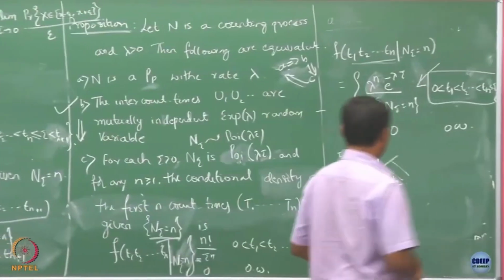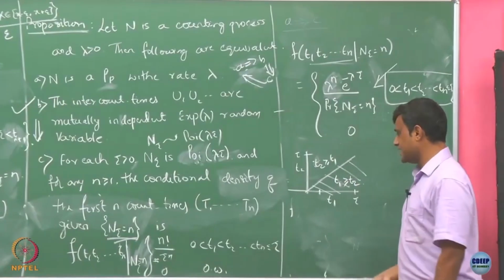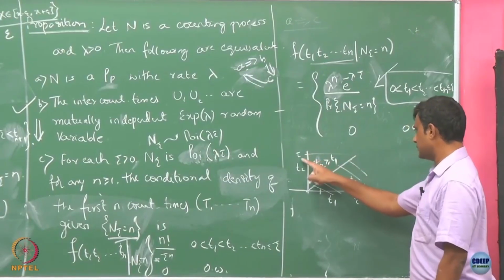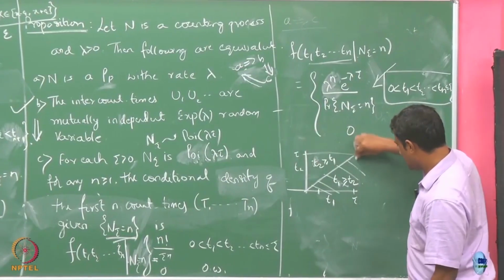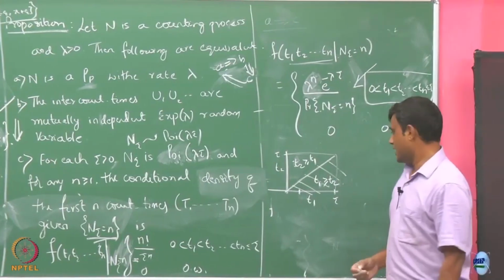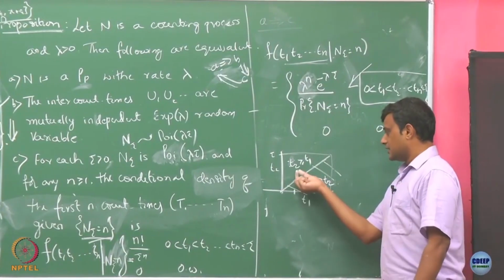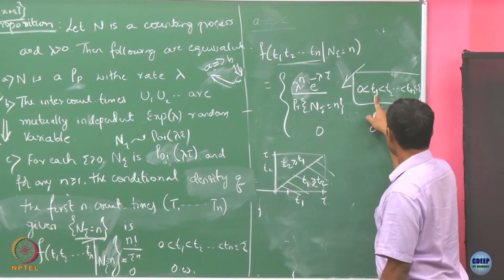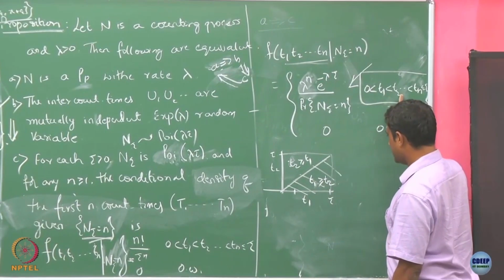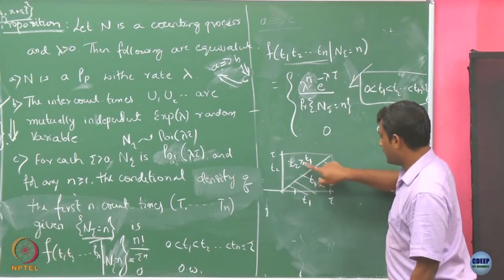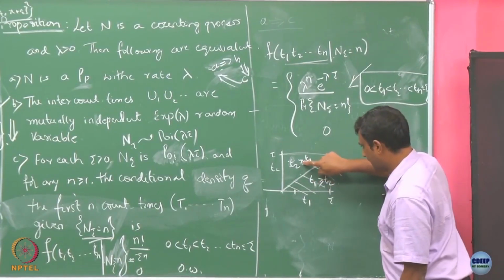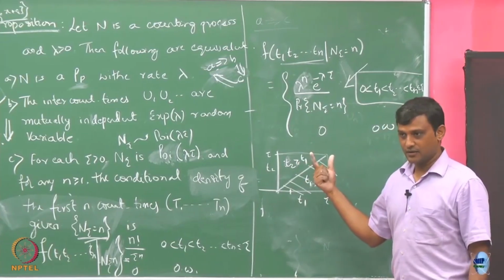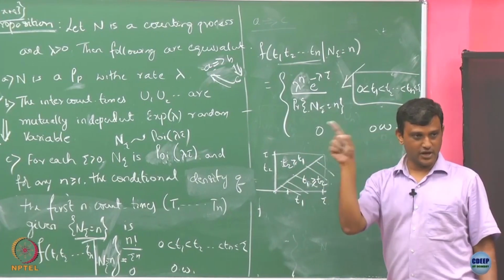So let us focus on this. If you just focus on this, what is the area of this entire area? Tau square. And now what is the range where this ordering holds? In this case I am interested in T1 less than T2, right. I can ignore the line itself because it does not have any area. The case where T1 equals T2,